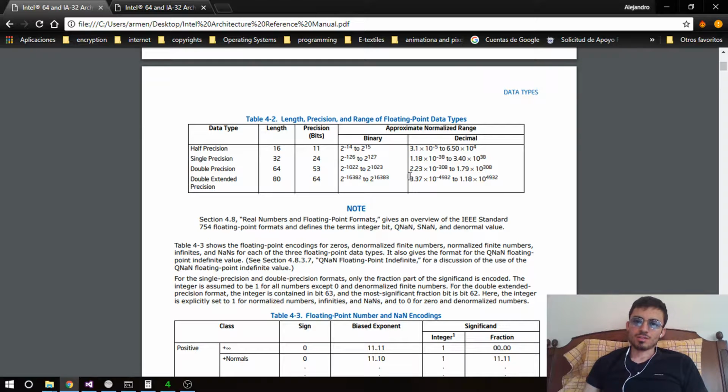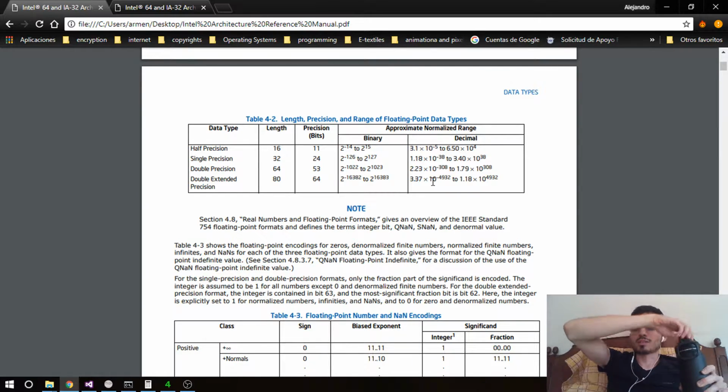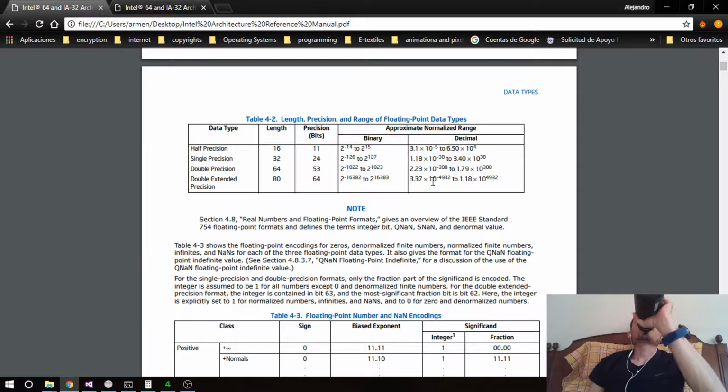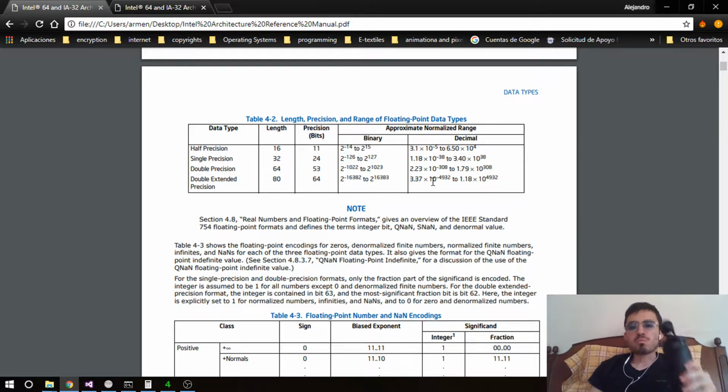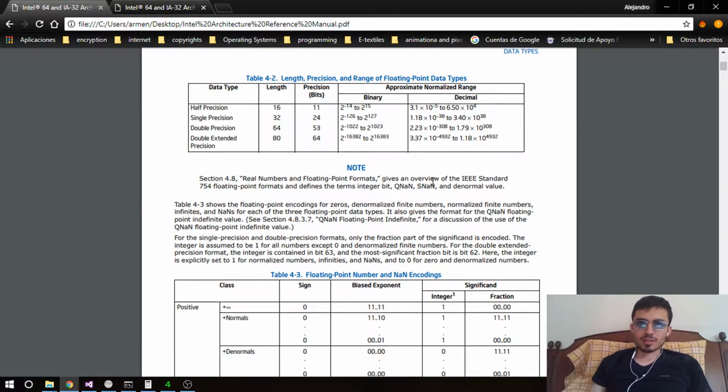You cannot represent the same numbers in base 2 as in base 10. There are certain numbers that cannot be approximated correctly in one base rather than the other. So we have to take a look at the